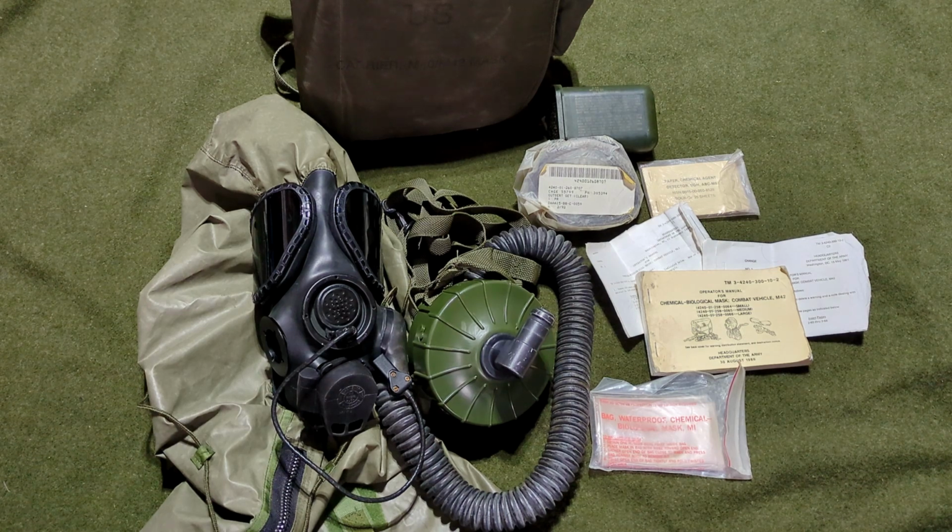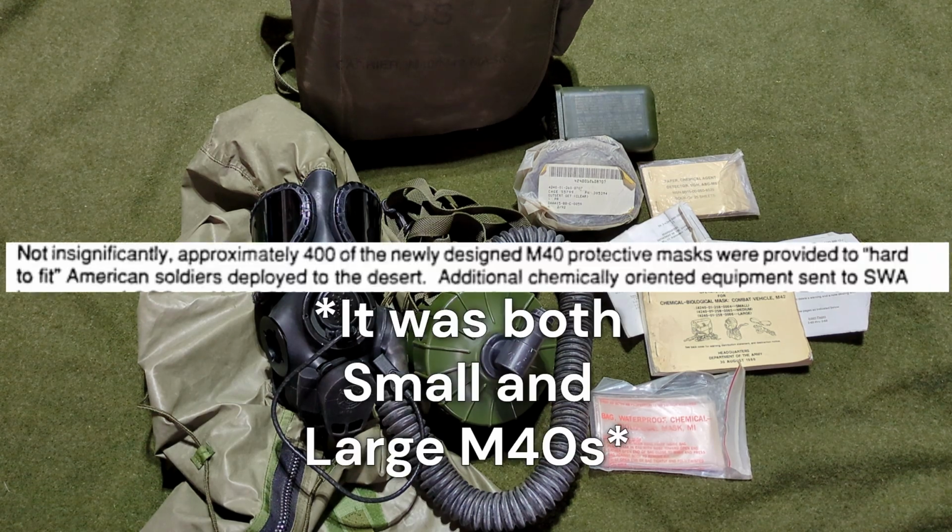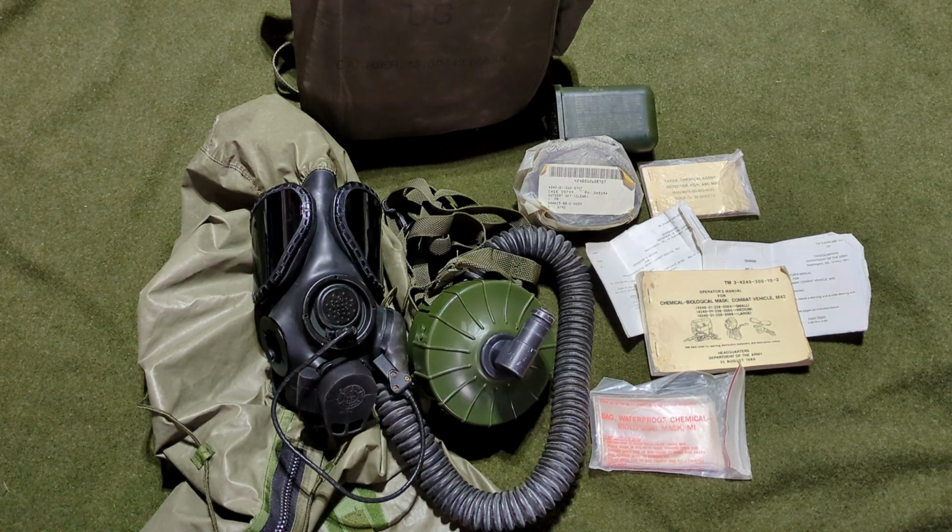Which obviously, by the time of Desert Storm, meant that there were virtually none available to issue, although some M40s were issued. You see, if I recall correctly, it was exactly 400 examples of small-sized M40s that were actually issued during Desert Storm. They were all issued to civilians and soldiers that could not fit a normal M17 face piece. If they had too much of a problem fitting the face piece, they were issued a small M40. Now, of course, that'd be a Scott M40 because the only ones that ever existed at that point were the